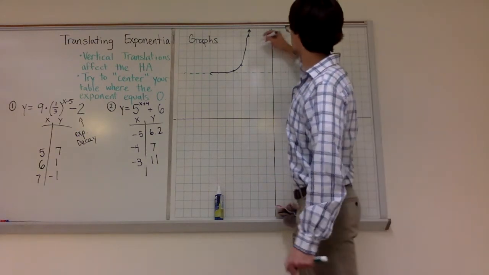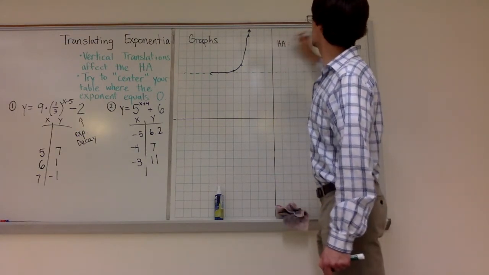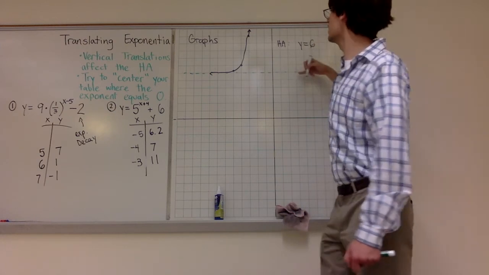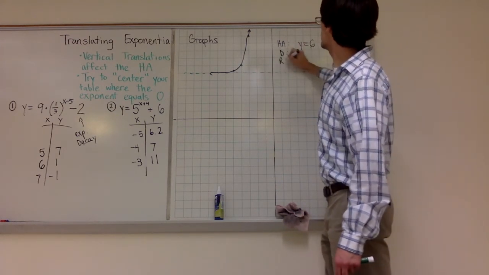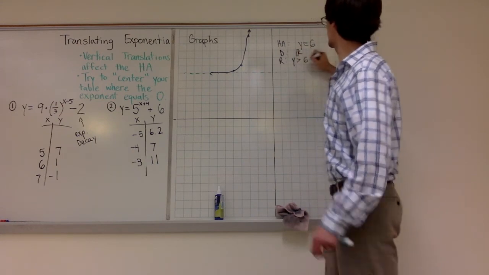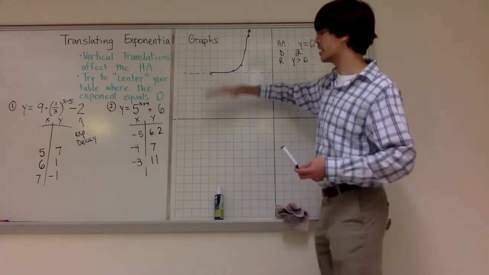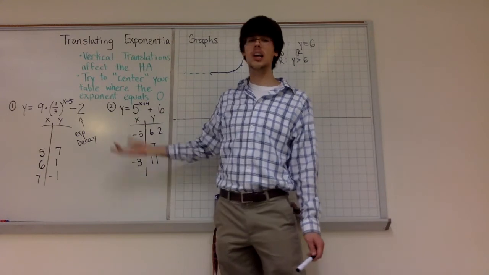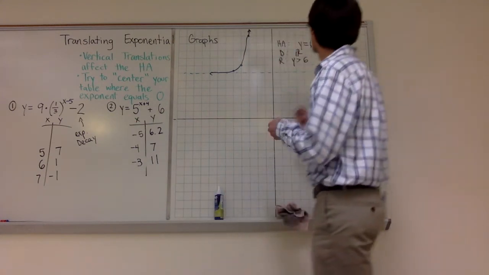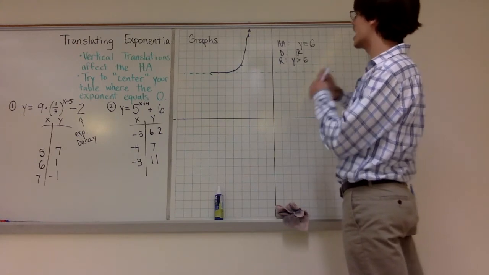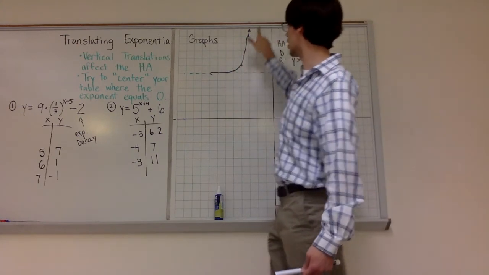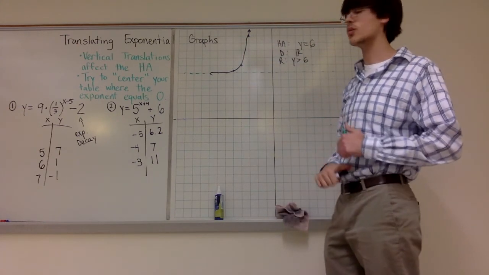Running quickly through the pieces, horizontal asymptote is going to be y equals 6 this time. That's where my tail goes. Domain, all real numbers. Range, y is greater than 6. It is possible to have graphs going downwards when there's a negative out front, but I'm not going to worry about that in videos. We'll just do it in class. And finally, my intercepts, I guess I can worry about later. There won't be an x-intercept on this one because it's leveling off here. There will be a y, but it's going to be really big. So that is all I'm going to do for